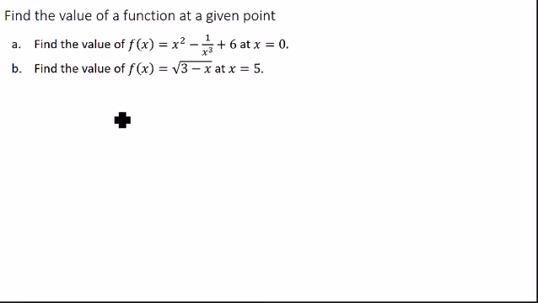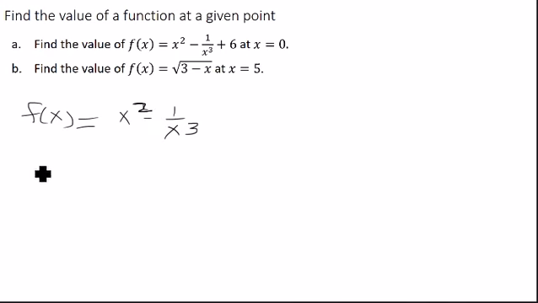let's look at our next set of examples. We're still working on finding the value of a function, but with different types of functions. Sometimes finding the value of a function is impossible because the value is not in the domain, or it gives some weird answers. So in the first example I have here, I have f of x equals x squared minus 1